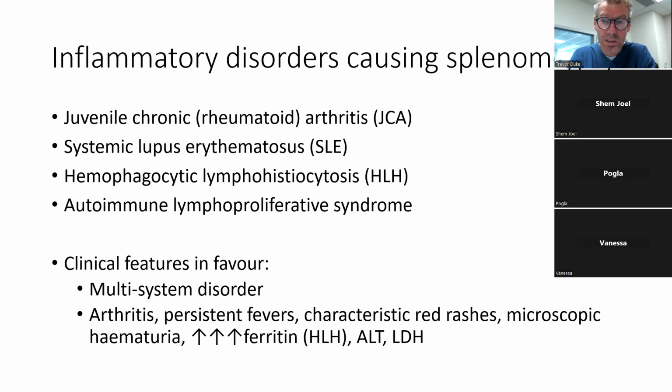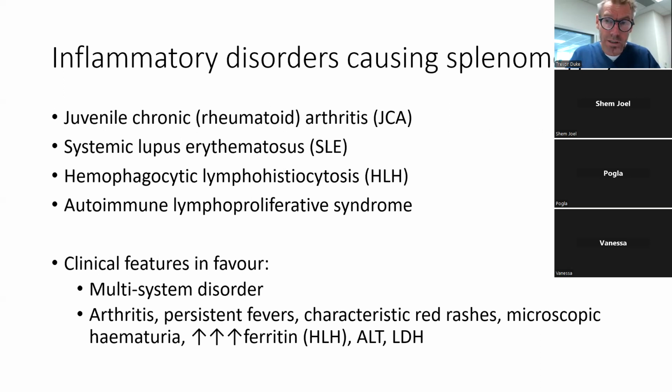So when you see this sort of thing, especially if a child's got arthritis as well or joint inflammation, then we always think of rheumatic fever, but there can be other conditions also causing splenomegaly and severe systemic